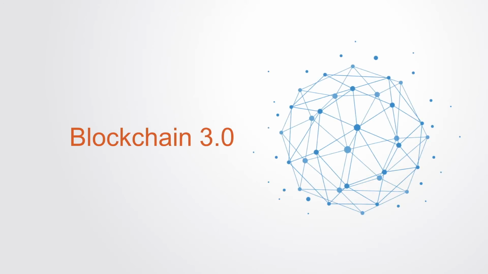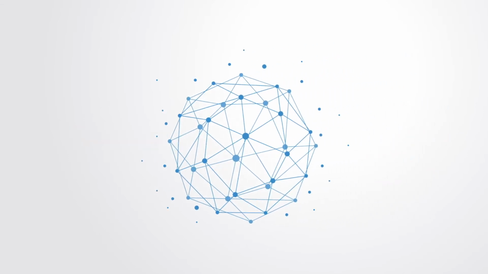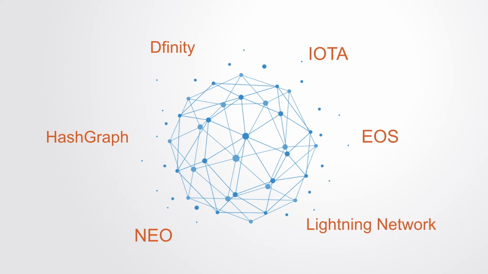In response to these constraints, a third generation of blockchain networks are currently under development. Many different organizations are currently working on building this next generation blockchain infrastructure. Such projects include Dfinity, Neo, EOS, IOTA, and Ethereum itself. They're each using different approaches to try and overcome existing constraints. Going into the details of how these different networks work is a bit advanced for this course, so we'll just give a brief overview of 2 of them.